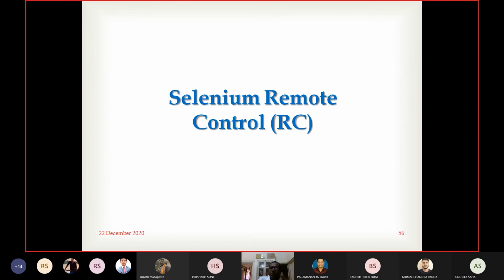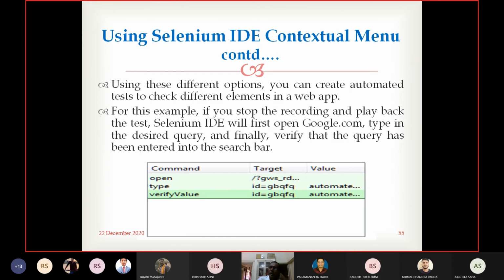So now I will request you first to start installing this Selenium IDE. I am immediately putting this PPT in MS Teams. You download this, then install the IDE, and then take this example, at least what I have taken, google.com, then automated testing, etc. Then our TAs will take one or two examples like a railway reservation system or Flipkart or any travel website. You see that one, then they will give some assignments. Please try to do those assignments and submit them by evening.